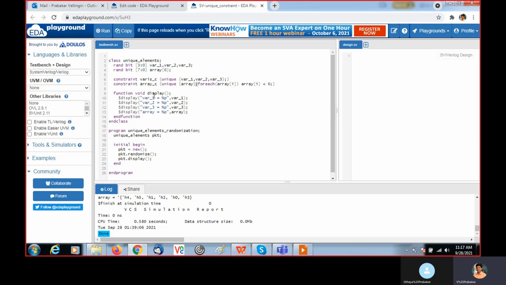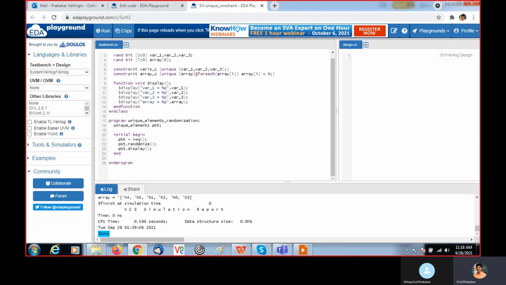Inside the display function, I display the values of variable 1, 2, and 3, and then the array using percentage %. Then inside the program block, inside this packet, I create an object and randomize, and with the help of calling this display, you can print these values.